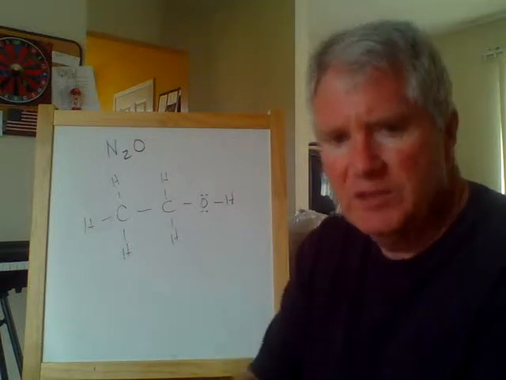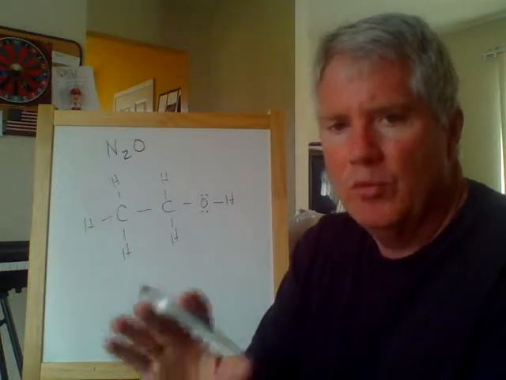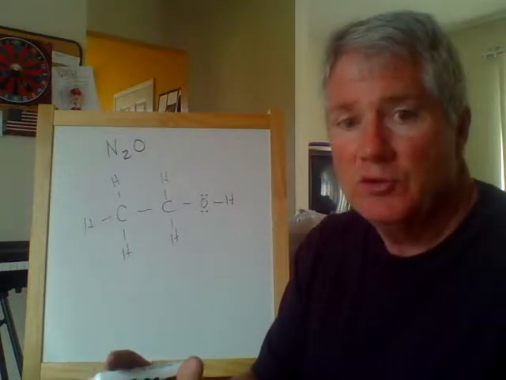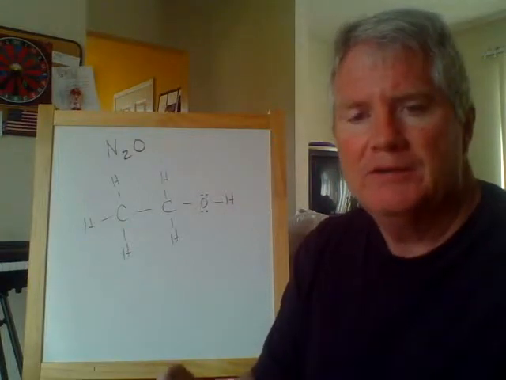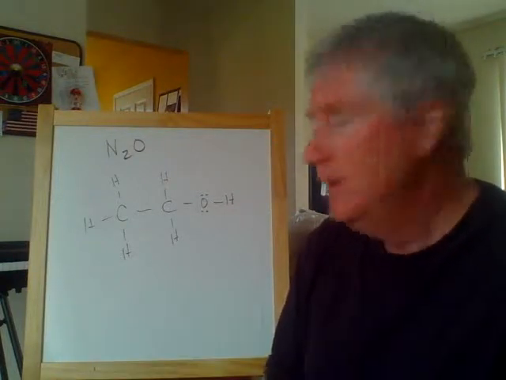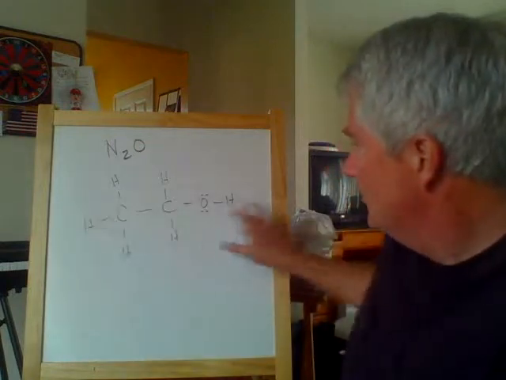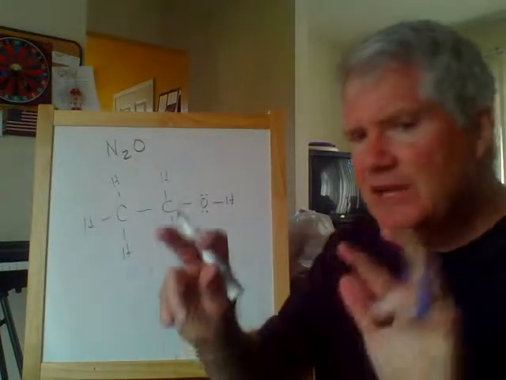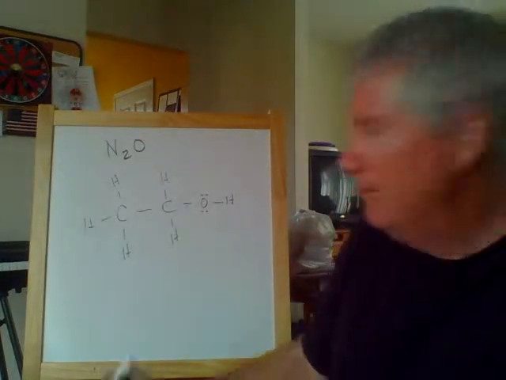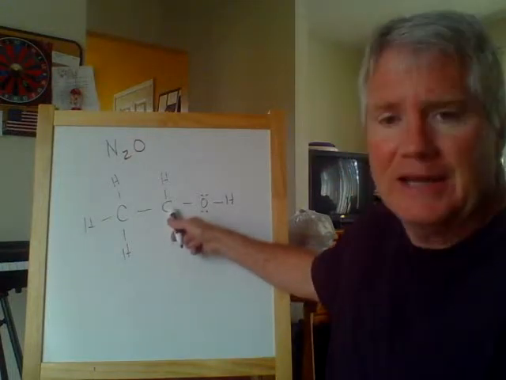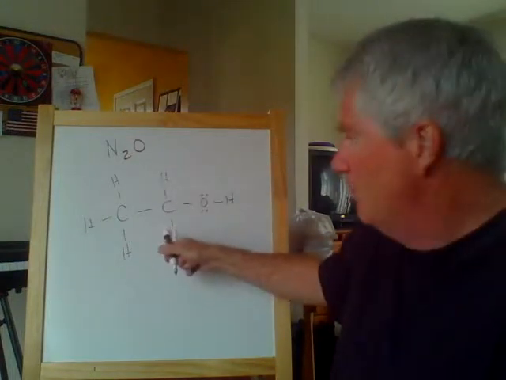Now, in the very first video in chapter 10, when we were talking about Lewis structure, I said you have to select a center atom. And I said, you know, sometimes you can have more than one. And in this case, if you look at this molecule, what is the center atom? Well, is it this carbon? I guess it is, because it's sort of in the center. But you could easily